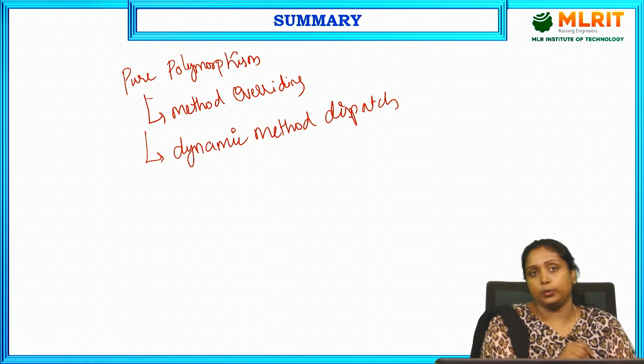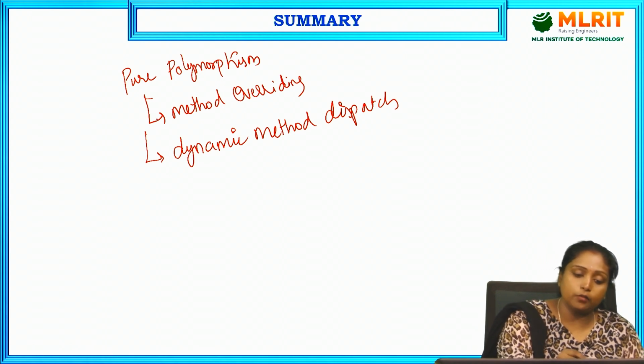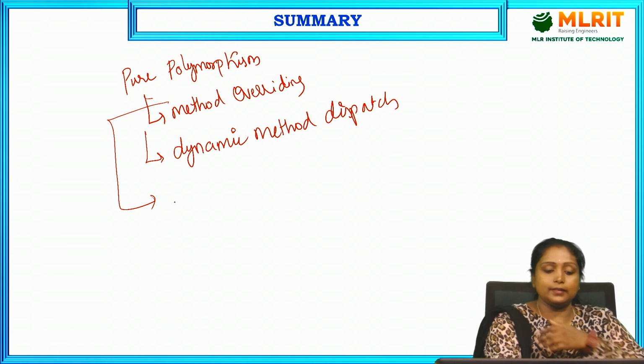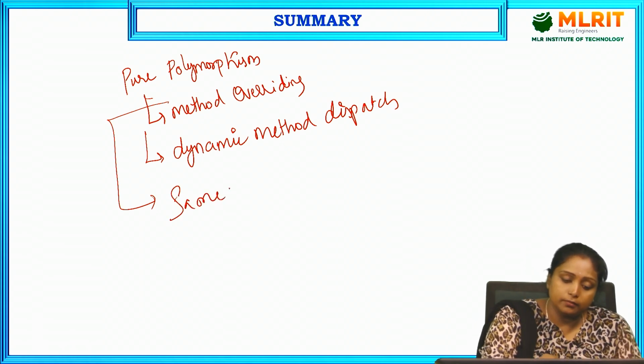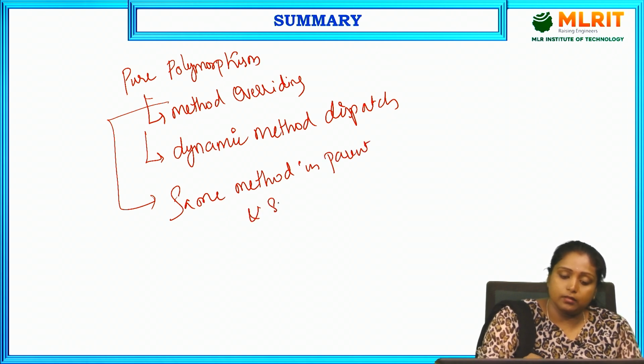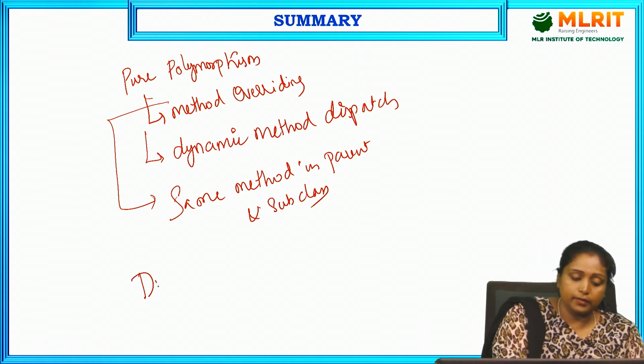That method would be called. So that concept is called dynamic method dispatch. And in method overriding, you have to write the same method in the parent as well as the subclass. Next we have seen the differences between